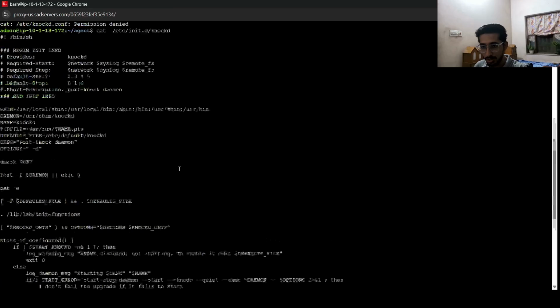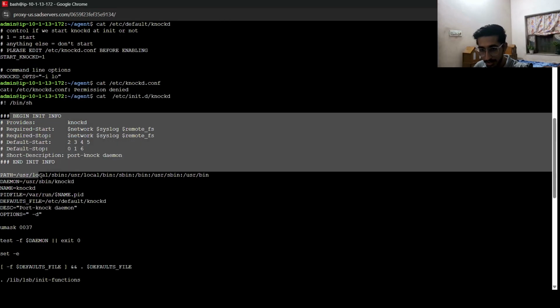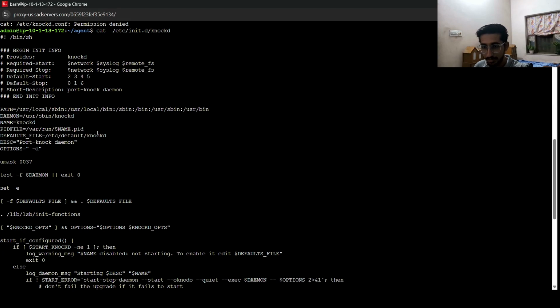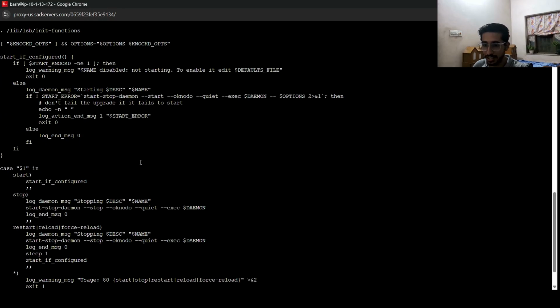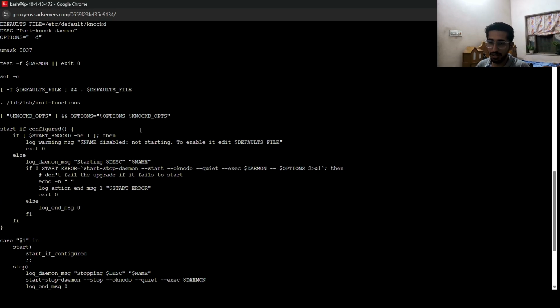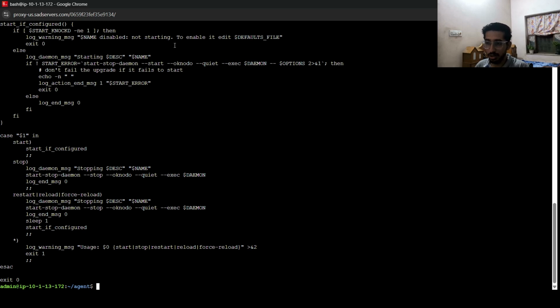Okay, so this is the file, right? This defines how this particular process is started up, and someone has chosen these particular flags. What is the condition here? In this particular section we are also not able to find what port number we need to knock to